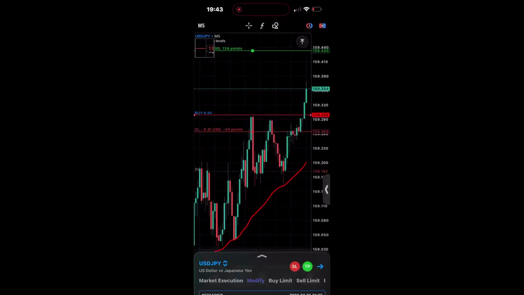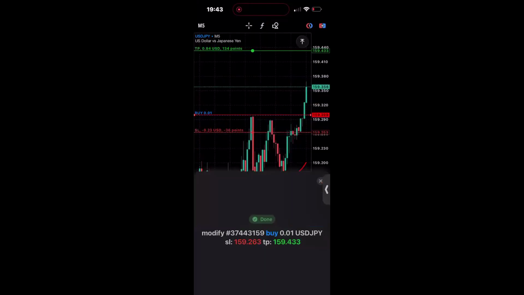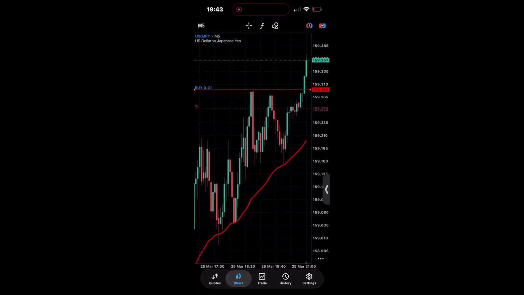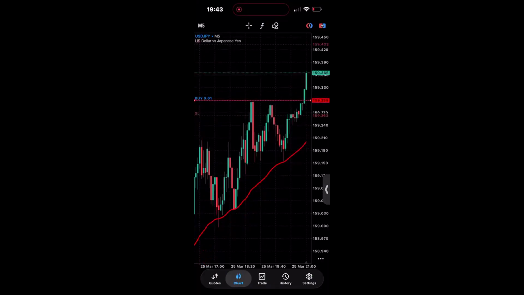We can know that there might be a retest of this zone. Let me put it here first. Modify. So I've modified my stop loss, guys. If this thing continues going up, before it gets to my take profit, I can modify to my entry. Once it goes up a little bit more, I'll modify to my entry to break even on this trade. Once I do that, there is no more risk on that trade.